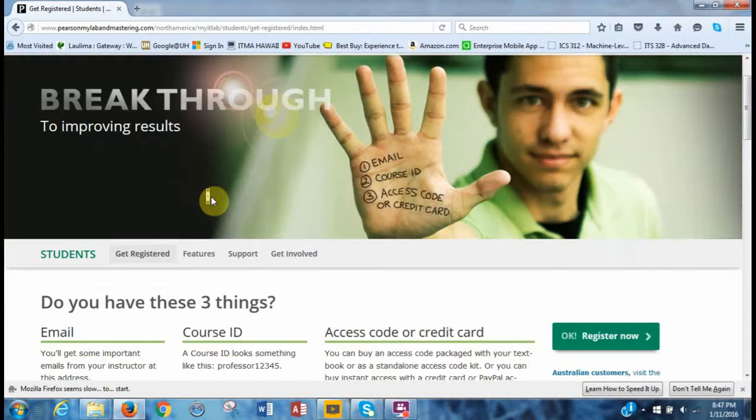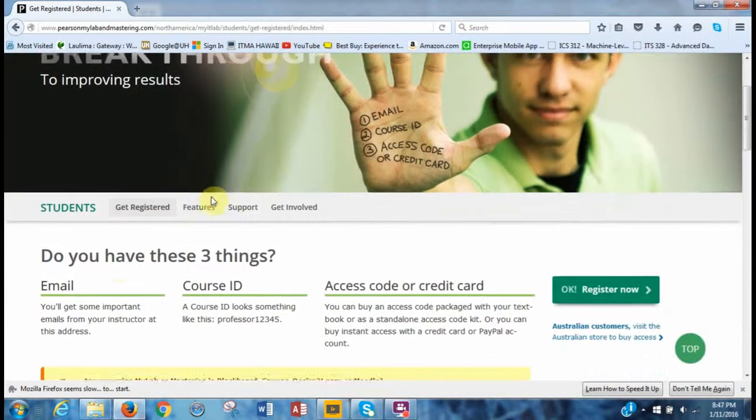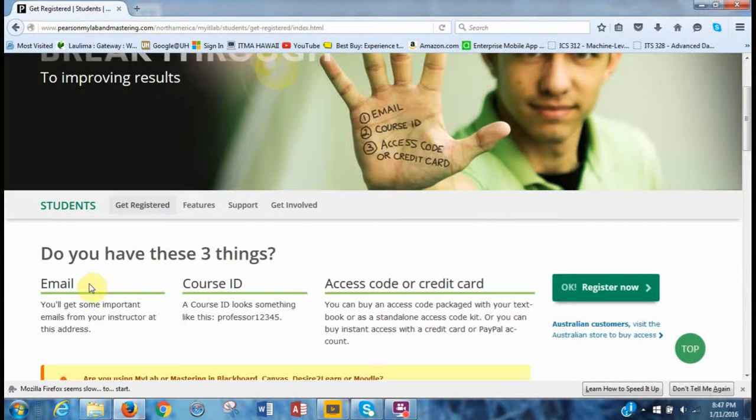Now to find the first item, email, we're going to use our username at ics101.org, and I'll show you that later, or something of the equivalent, depending on what class you are in of Dr. Halverson's. The course ID we can find from going to